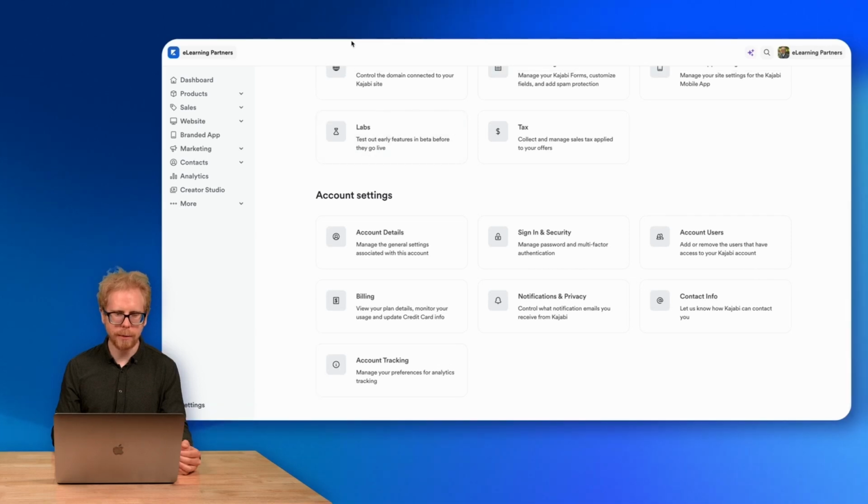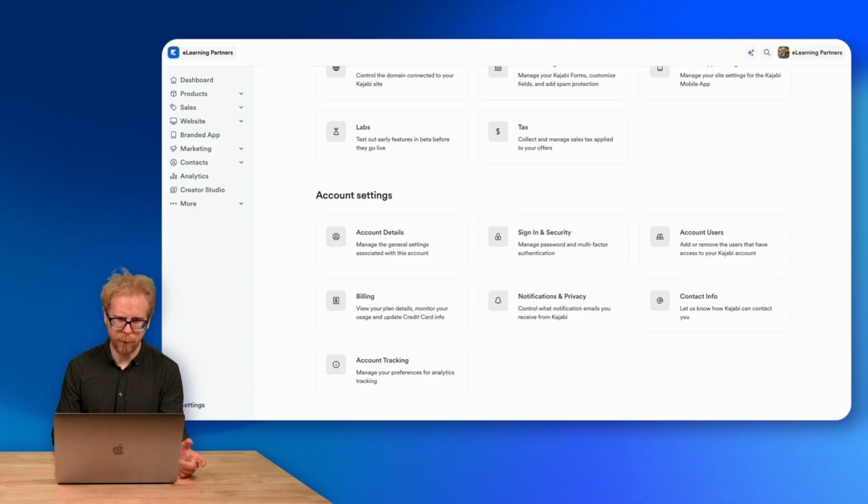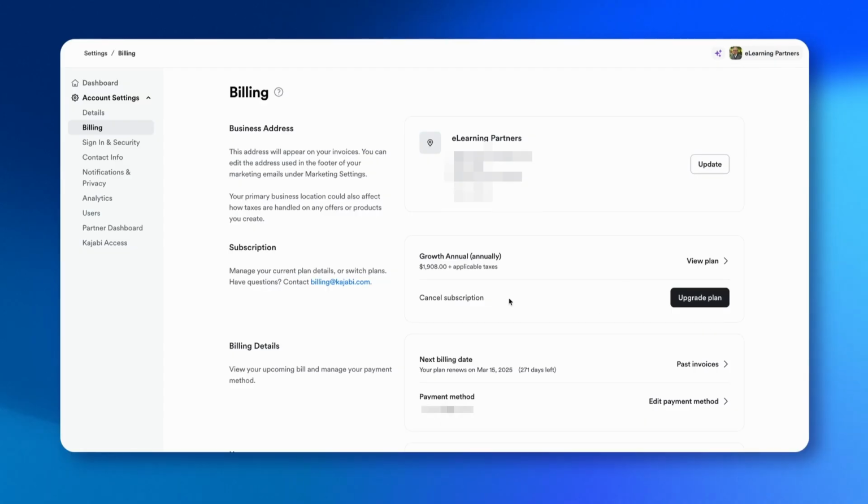What that's going to allow you to do is get access, I believe, to the growth plan. They may have changed this. Maybe you'll get access to the Basic or Kickstarter. Pretty sure it's going to be growth. Then what you're going to want to do is go to upgrade your plan or downgrade your plan as you get close to the end. Otherwise, at the end of those 30 days, you're going to go right into the growth plan,